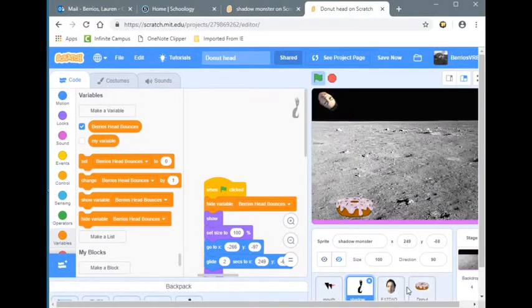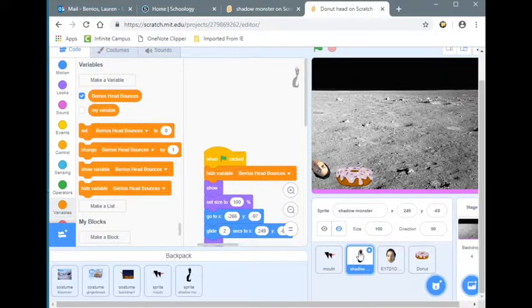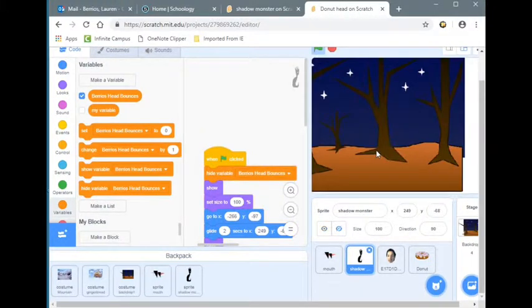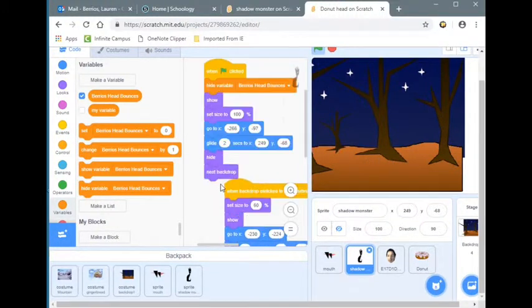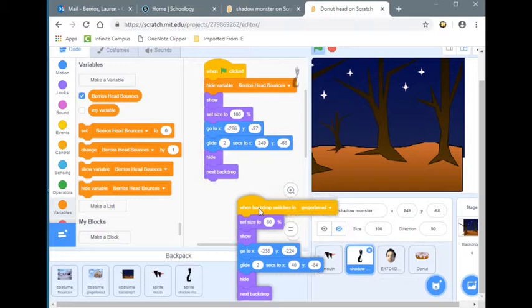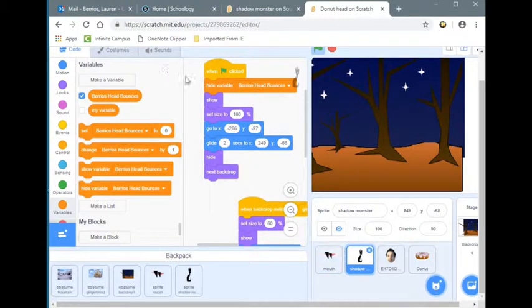Okay, so wait a minute. It's not supposed to start with that backdrop. It's supposed to start with the woods one. Okay, so I need to define that when the flag is clicked, we have to go to a specific backdrop. So let's go to backdrops. Yeah, because now it's on the moon. This is the one that I need. Okay, so let me go to when the flag is clicked. I need to go to looks